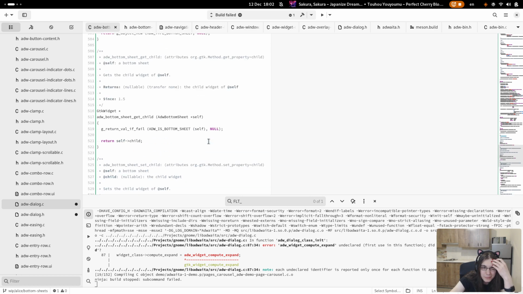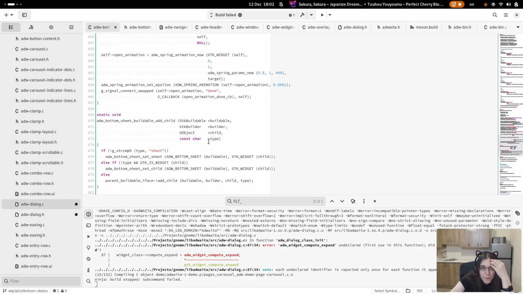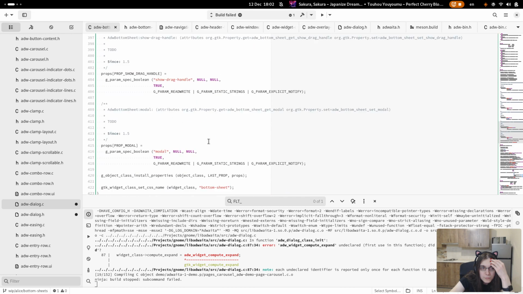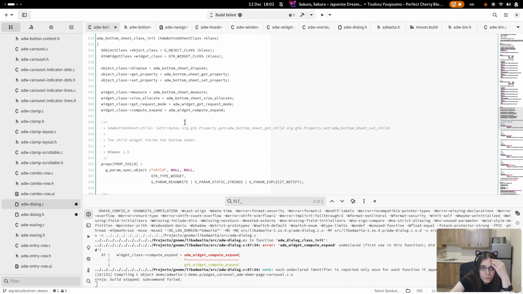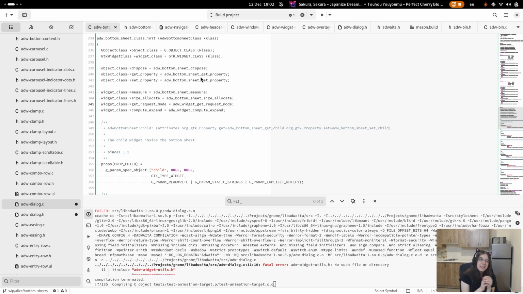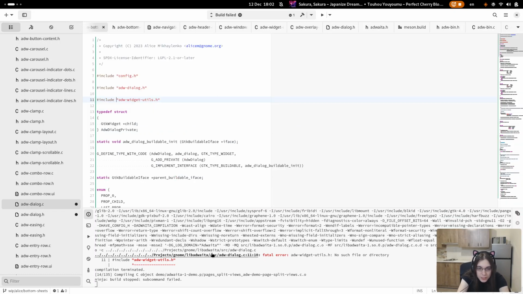Probably a bad idea, but we'll see. Okay, I already have compute expand. I don't think I need get request mode there because I'm using a layout manager. For now, I may change it later. No, actually, right. It's not widget utils, it's widget utils private. And I forgot that.